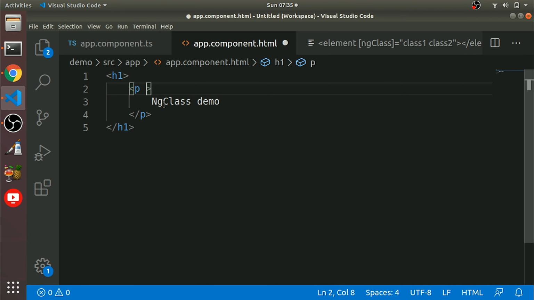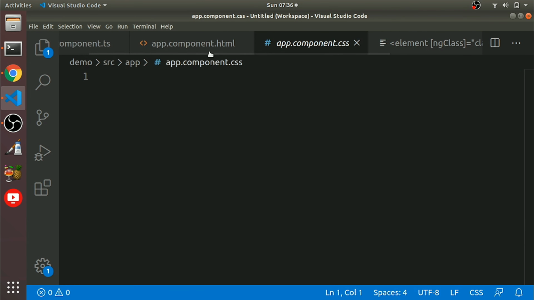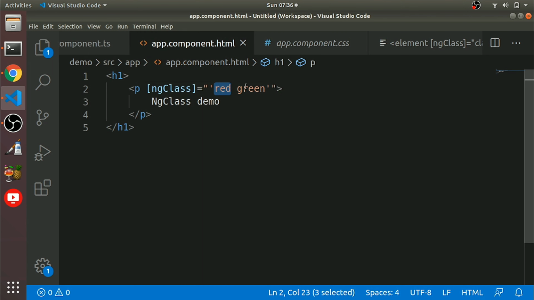What we'll do here, we'll add ngClass. We'll put red and green. We have added two classes, red and green. So we need to define this red class and green class.